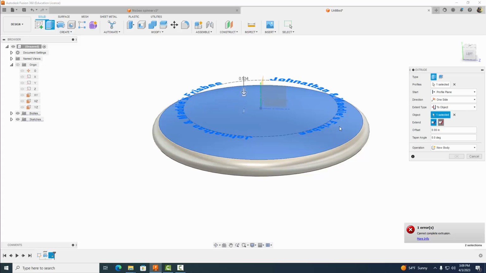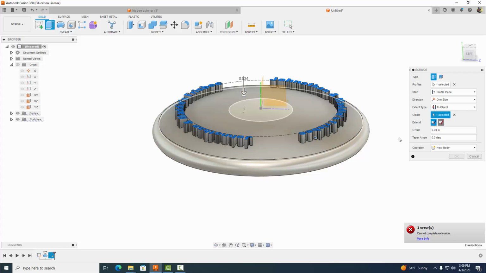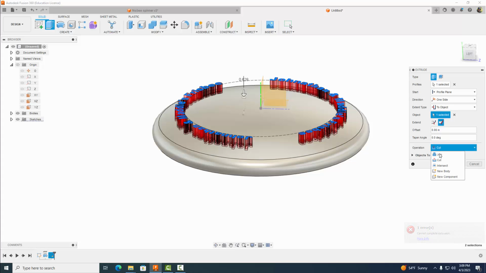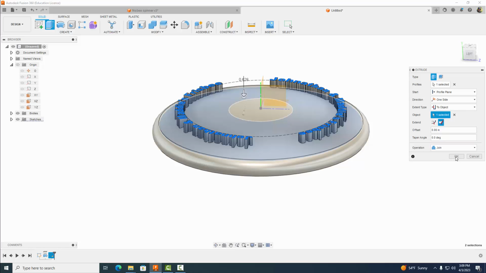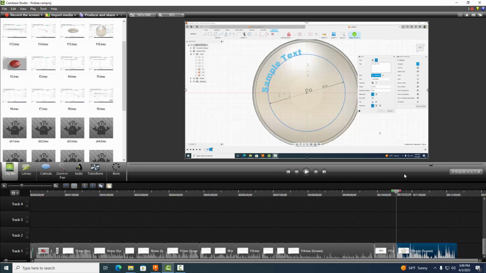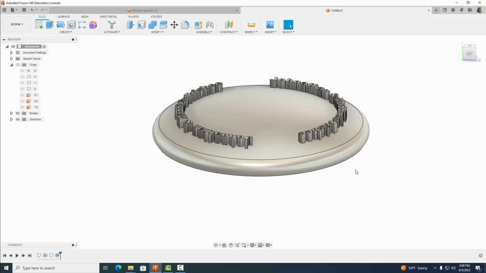Okay, and now there we go. You should be good. Make sure it says join here. Okay, not cut, so I'm going to select join. And then when you get it done, go ahead and select OK. Okay, so when you're done,